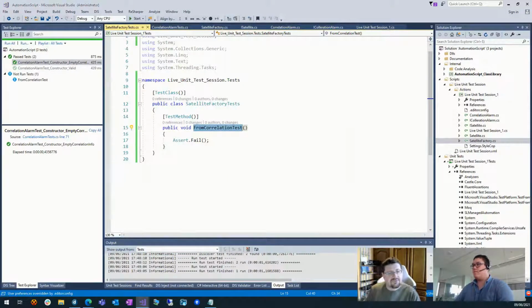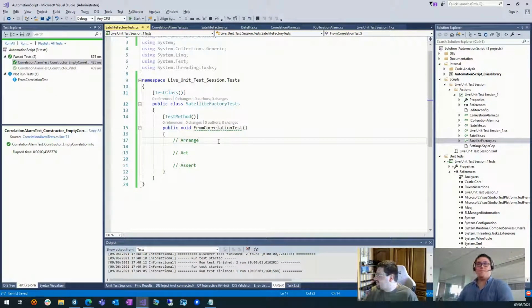But so I want to test that my factory works. Now, to do that, what we're going to do again is arrange, act, assert. All right.